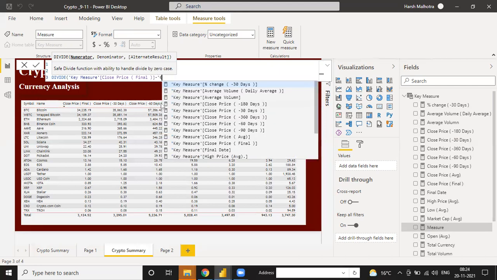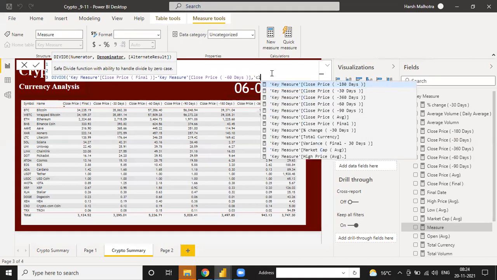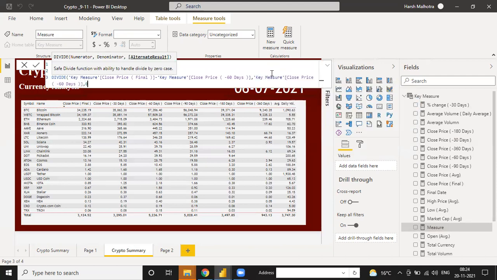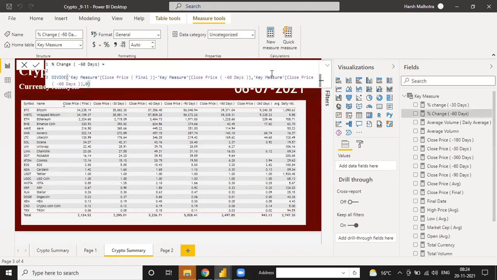So this is your numerator. You can just put a comma. Close price final minus 60 days is the numerator, and for the denominator you can use close price 60 days. This one, and the alternative result is 0. So this also gives you the percentage change minus 60 days without calculating your variance function.